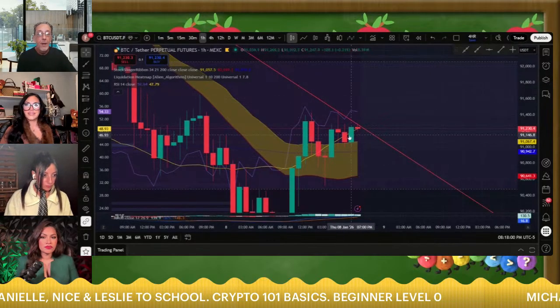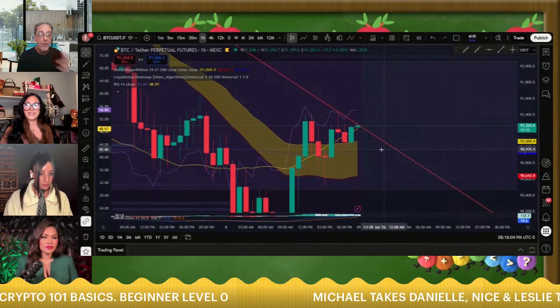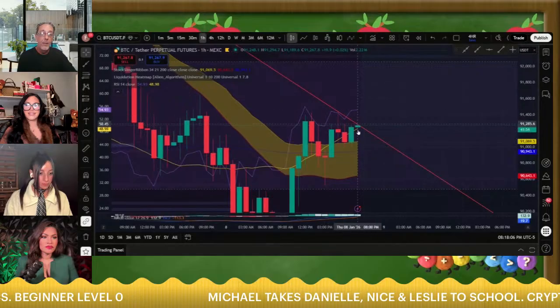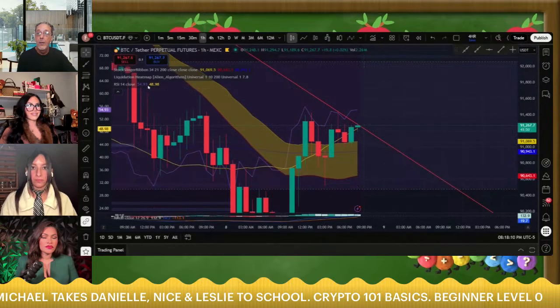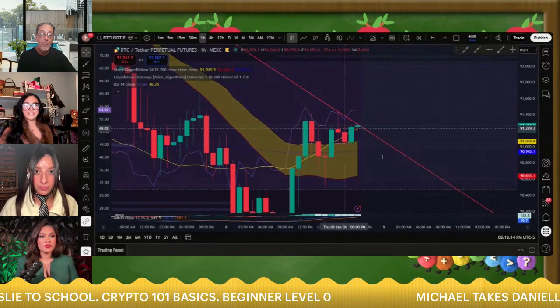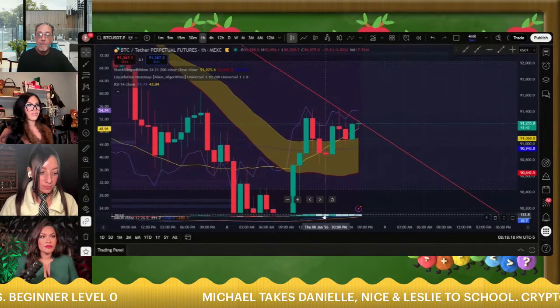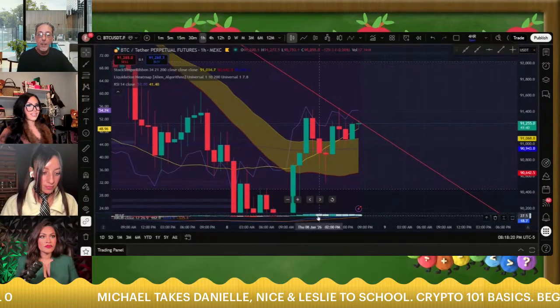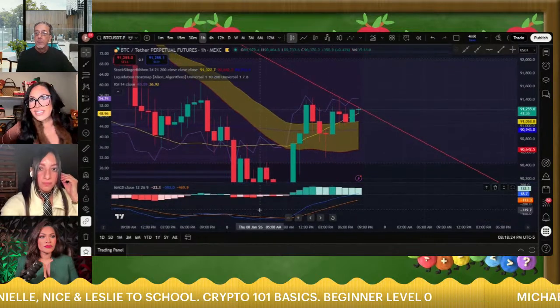So with RSI, it looks like it might have hit this line and come back up. Right now we're in the 50s on the RSI, which is okay. Is the RSI the resistance and support index?